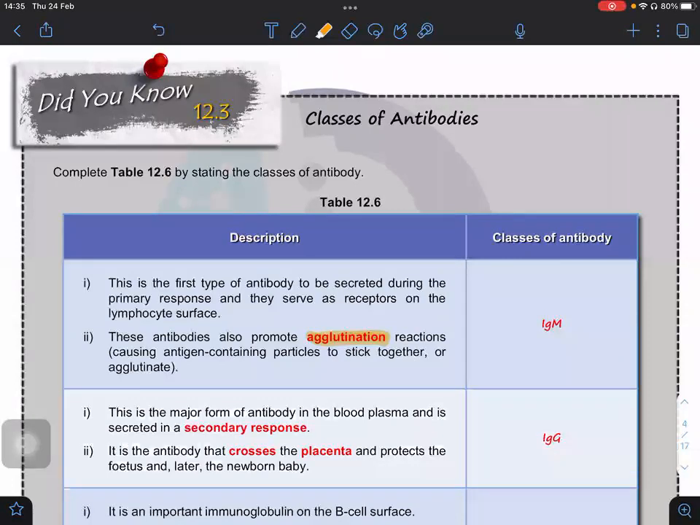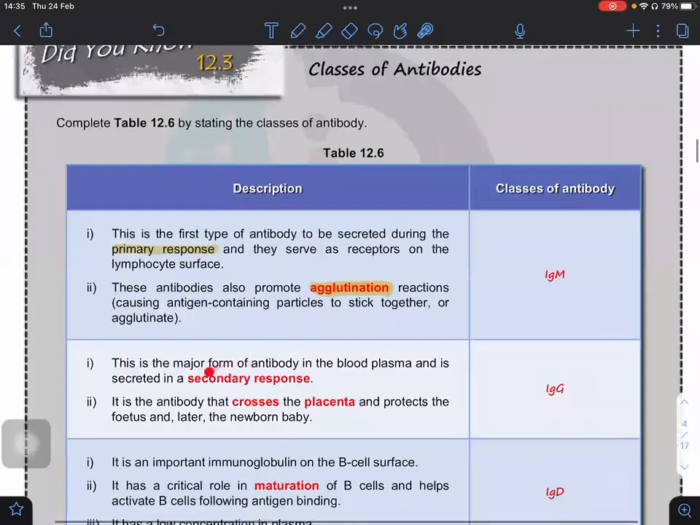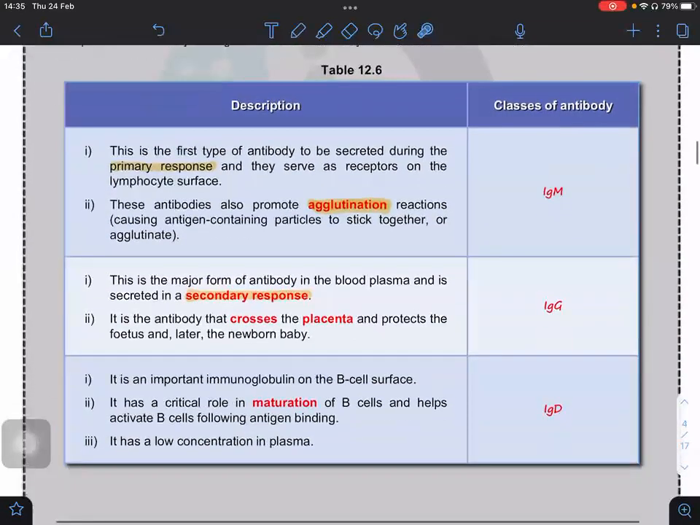Okay, so therefore, generally in primary response, we always detect IgM first. Are you clear? IgM. And then in the secondary response, that is where IgG will be secreted. IgG will be formed. Are you clear? And the good thing about IgG is that they can cross the placenta, because right now they